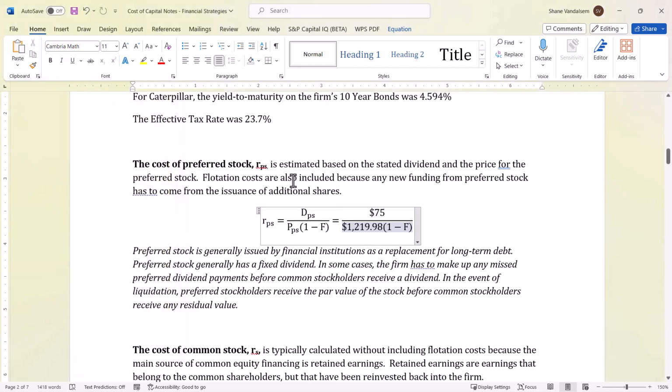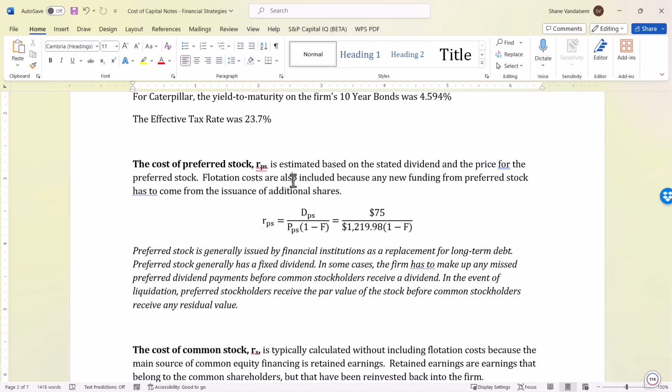We include flotation cost because once a company issues that preferred stock, they're going to have what's called an initial public offering of the stock, and they're going to receive a big bunch of cash. In some way, they're going to get this cash either from an investment bank or from the investors that buy that stock, but they're going to receive a big pile of cash. Once they receive that big pile of cash, though, they don't generate any more money from that